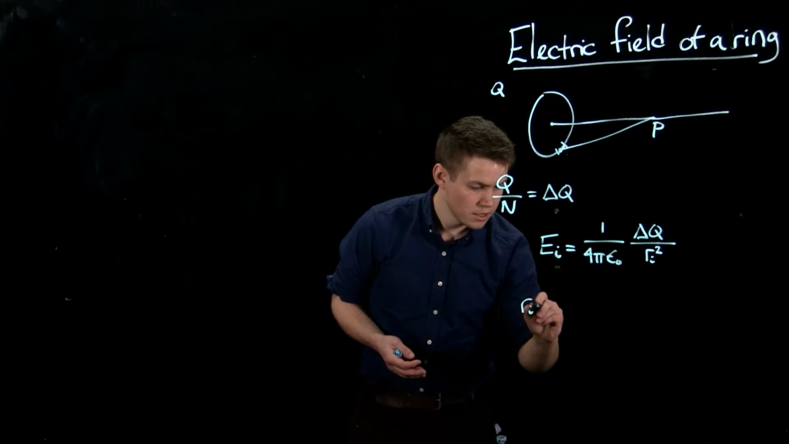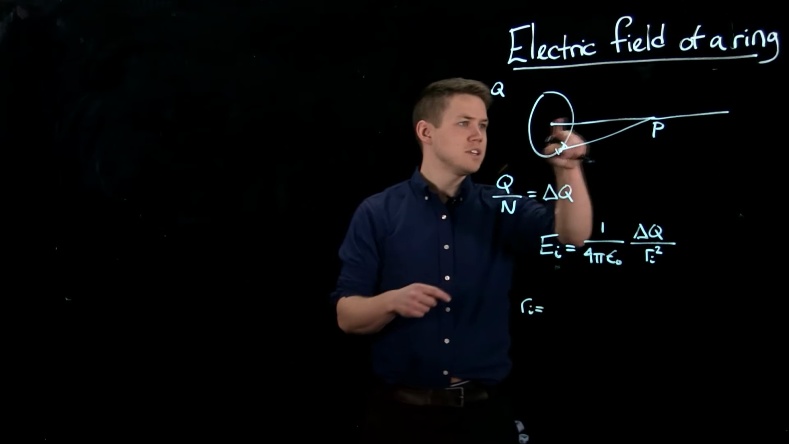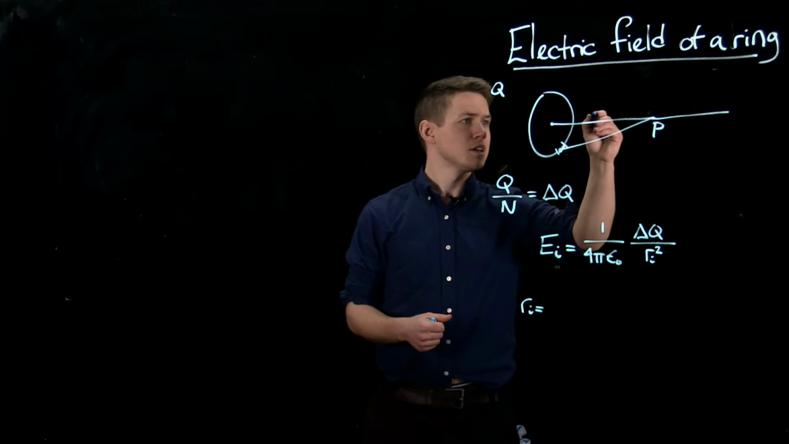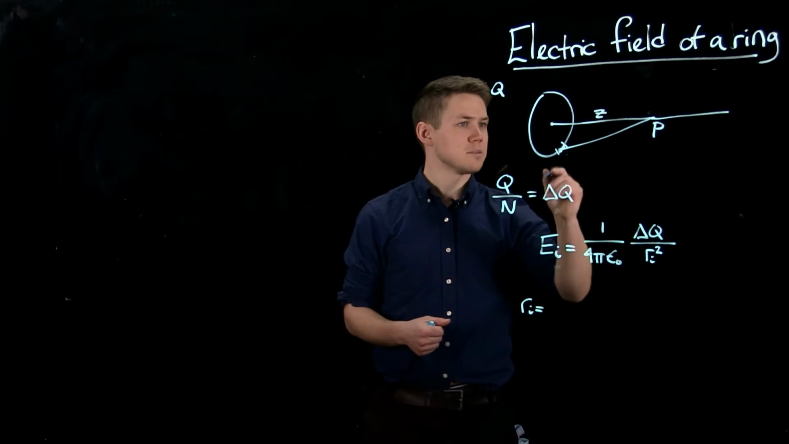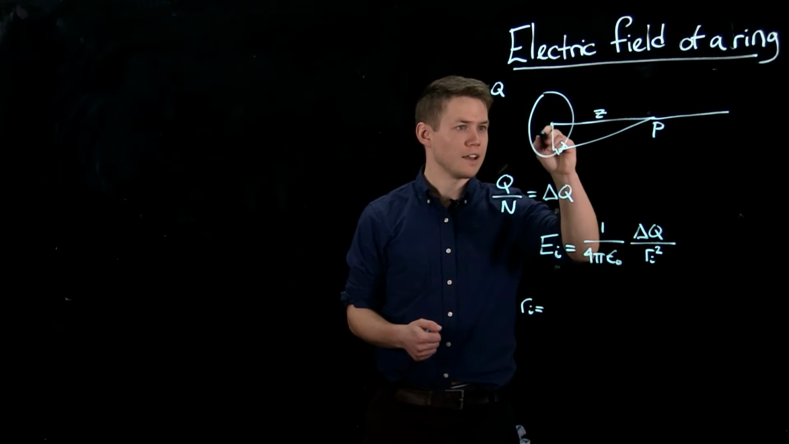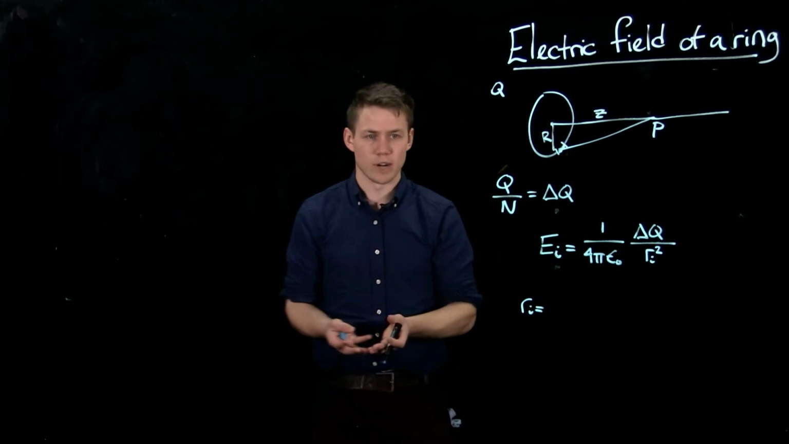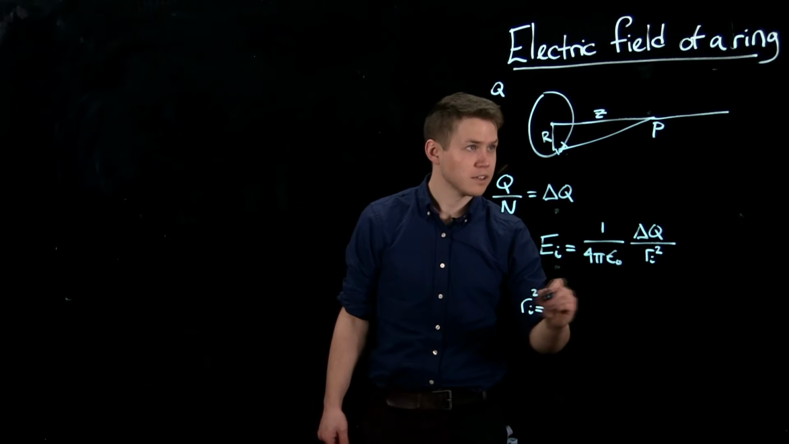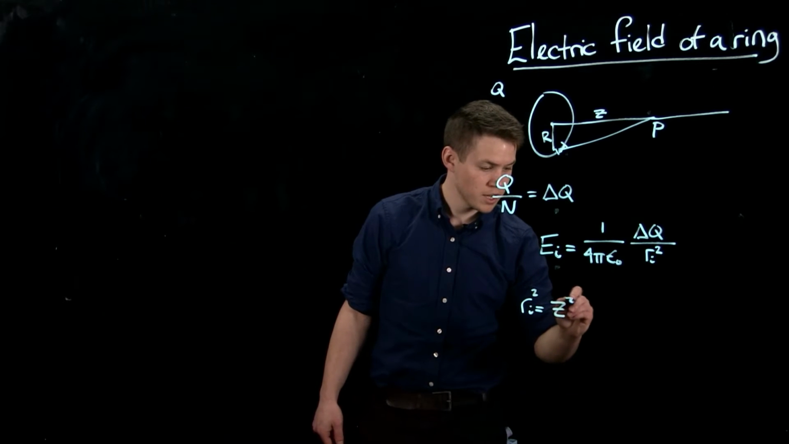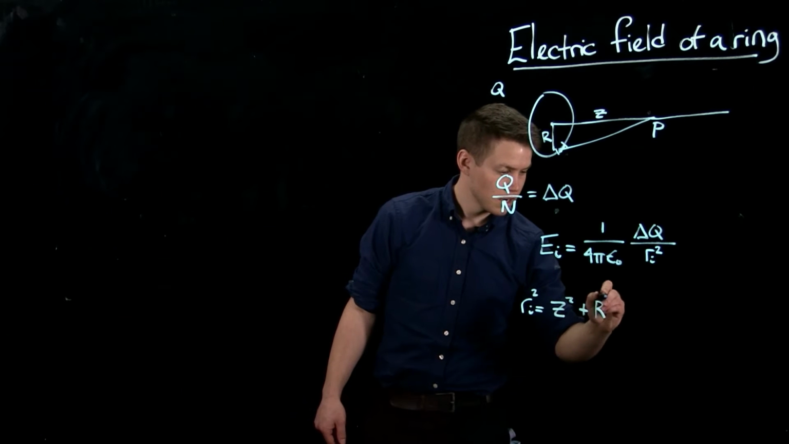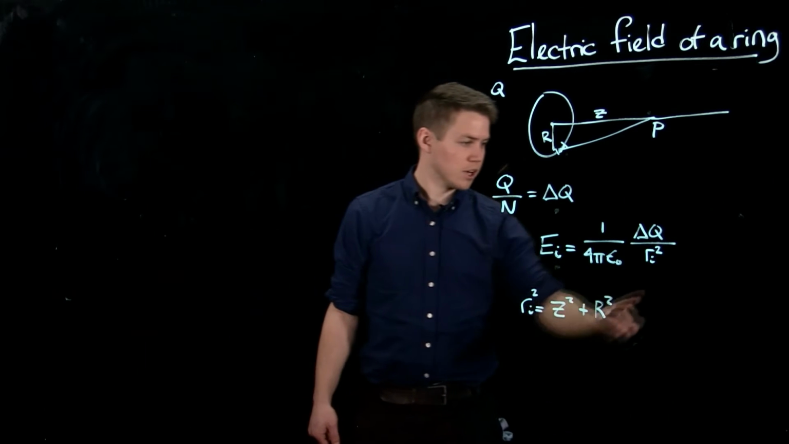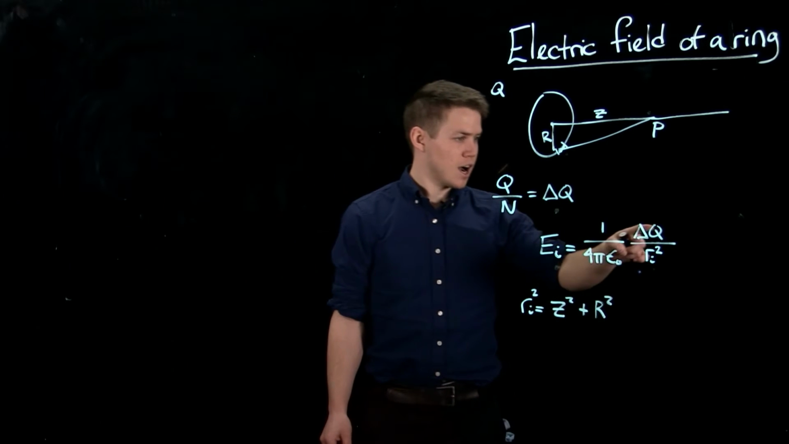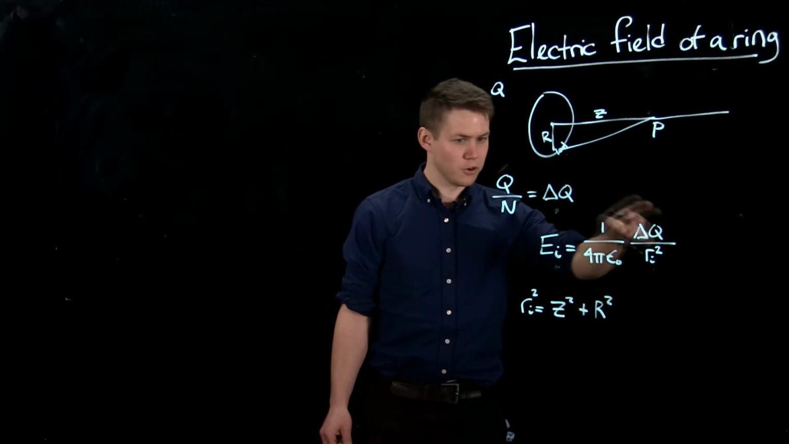Well, Ri squared is going to be equal to this distance squared plus this distance squared. So now I need to give some labels. To be consistent with the book, I'll label this to be Z, and this distance, so the radius of the ring, is going to be capital R. So that means that Ri squared is equal to Z squared plus R squared. Okay, so I could plug that in right there. And so what else do I need? Well, this delta Q I know from